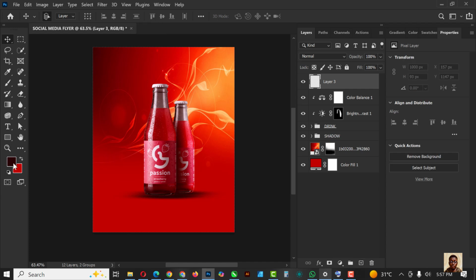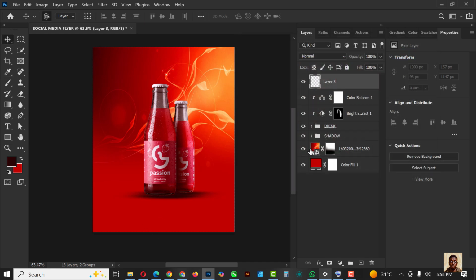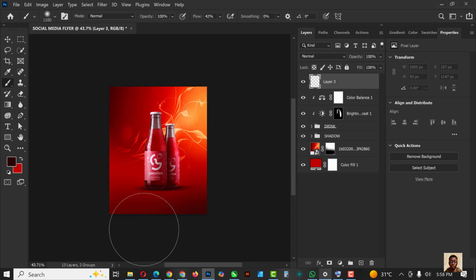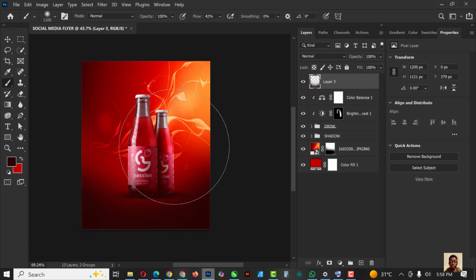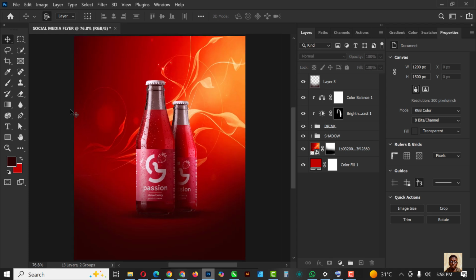Go to the topmost layer. I'm working with this color now, right? It's the color code. I'm going to use my brush, select the brush with the new layer selected. My flow is set to 42. I'm just going to do something like this. I'm going to be intense here, intense also here, but I'm not going to be intense in the middle, right? So I'm just creating a half vignette effect. It's not complete, it's just on the bottom part like this. Okay, so